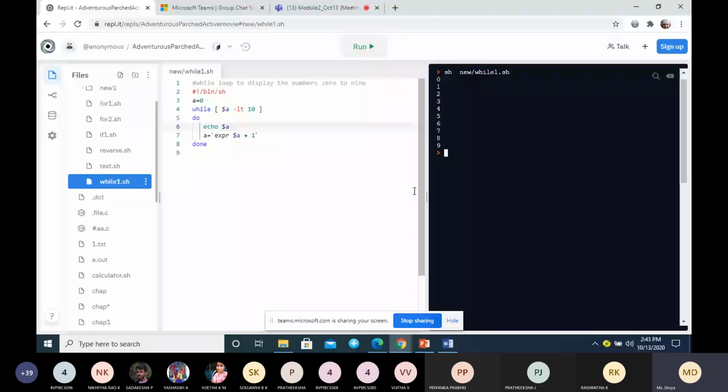What is the numerical operator used for less than or equal to? What change do we have to make if we want to include 10? Less than or equal to. If you want to go till 10, then you can use the numerical operator less than or equal to. Starting from 0, till it becomes equal to 10, it will be displaying the result.